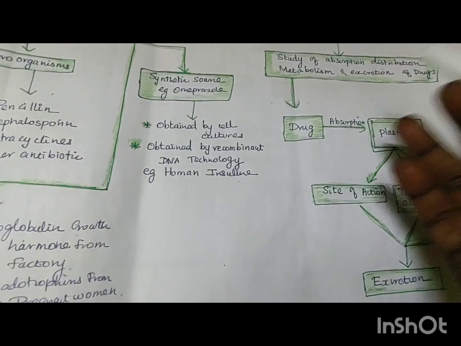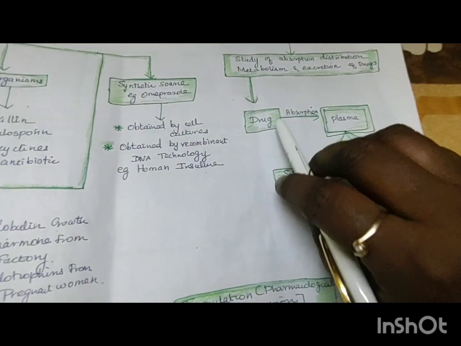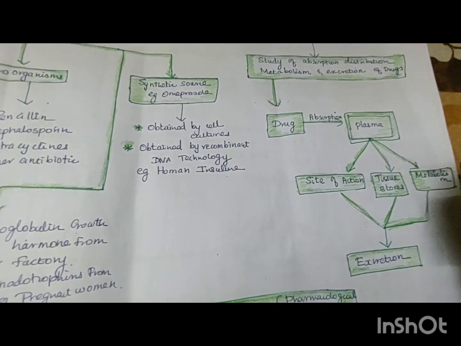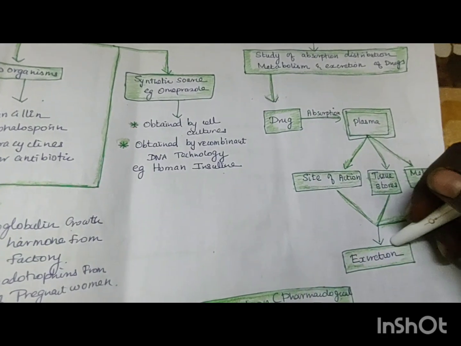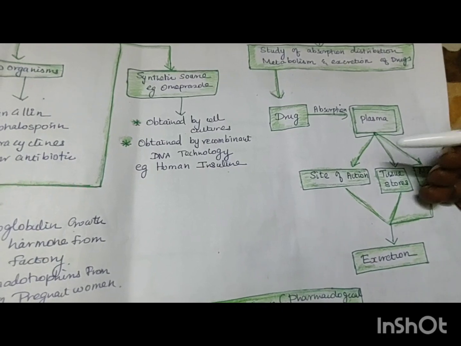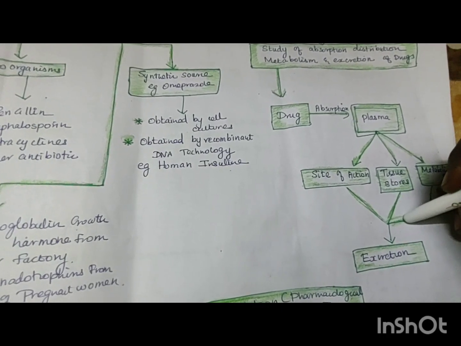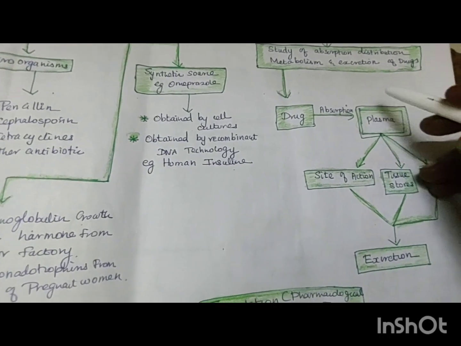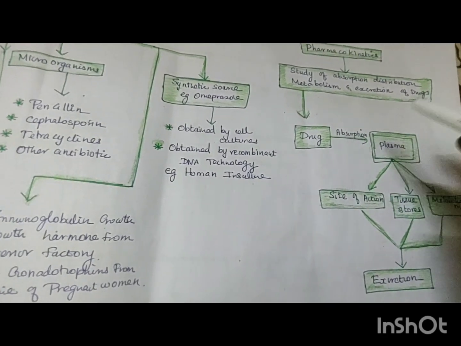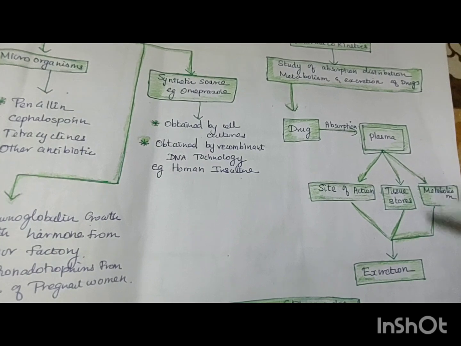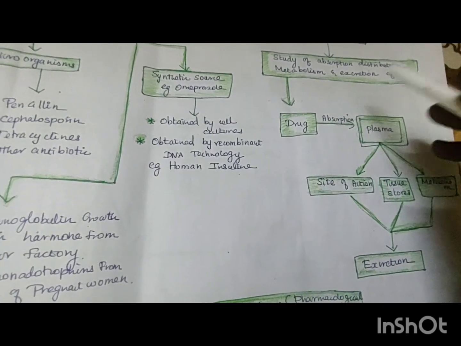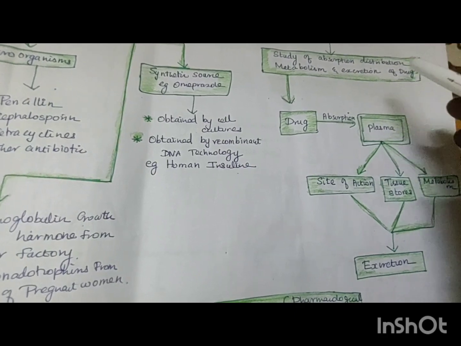Finally, it is excreted. For example, if you take some drug like a multivitamin, IV fluids or multivitamin tablet, during the excretion that will have some impact. What is the impact? Maybe yellow discoloration of the urine, you may see dark yellow color coming. So nothing to worry about. It is mainly absorption and excretion of the drug. So any drug, whatever the form you are taking, it's getting absorbed and then metabolized and excreted. So as nurses, we have to know the pharmacokinetics of each drug.